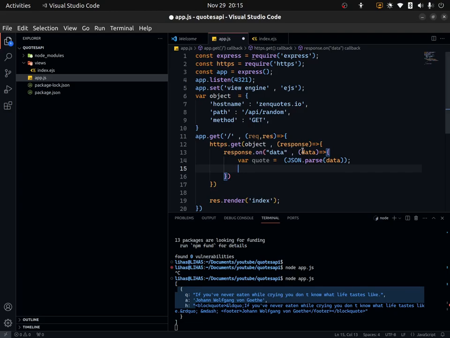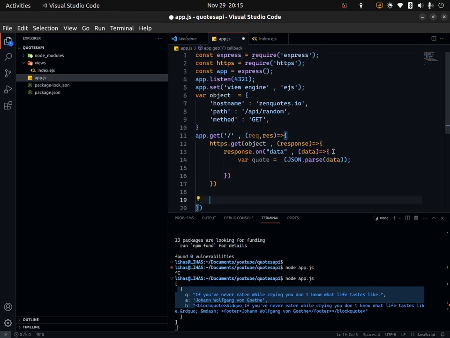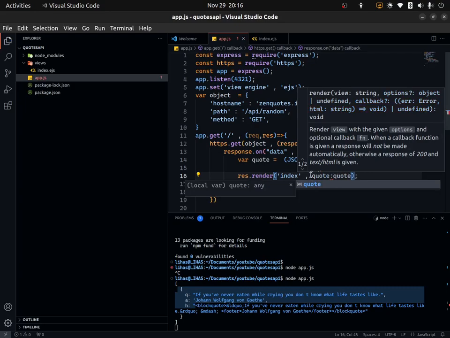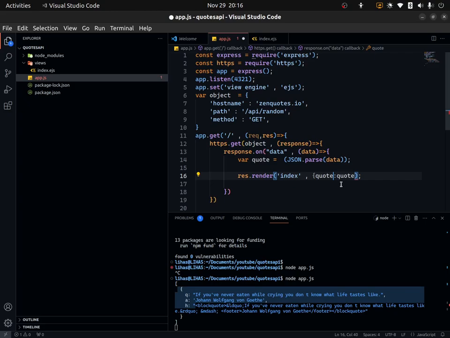and let's render. So let's render the index. I'm rendering here, and I will render this index inside this one, and here I'm going to send the quote variable, and this equals to quote, and this should be inside the curly braces,